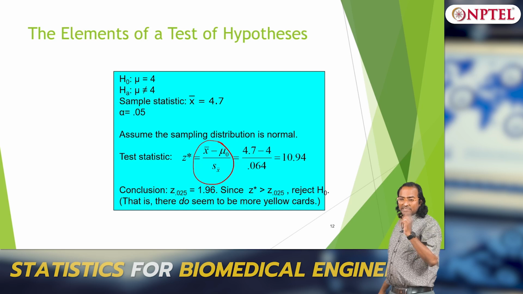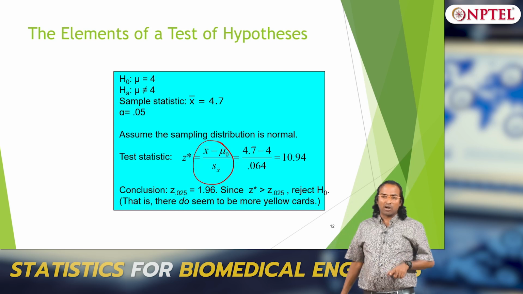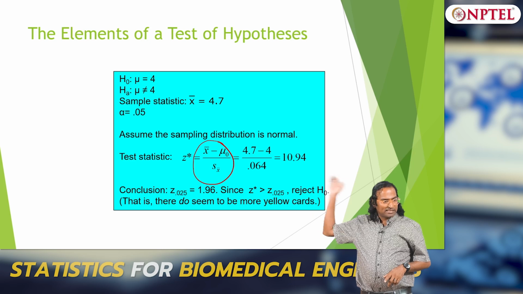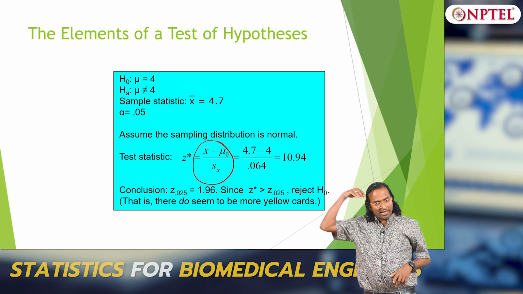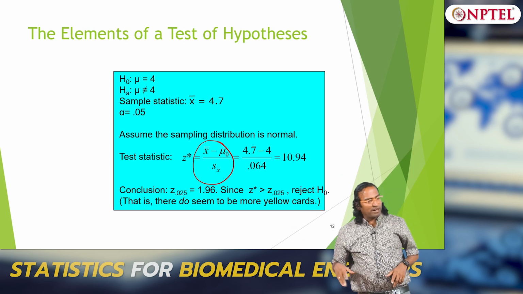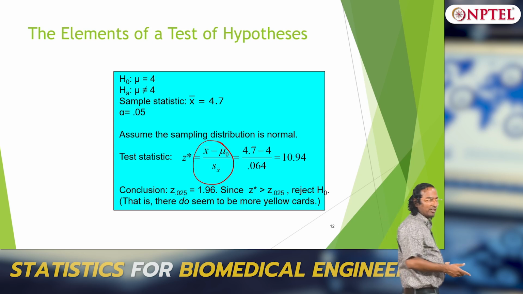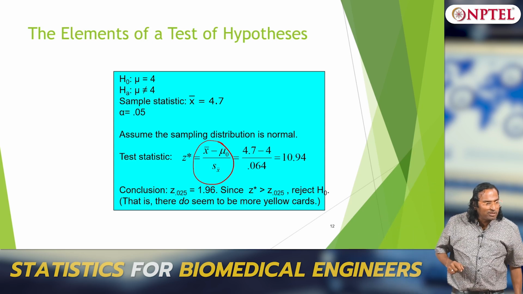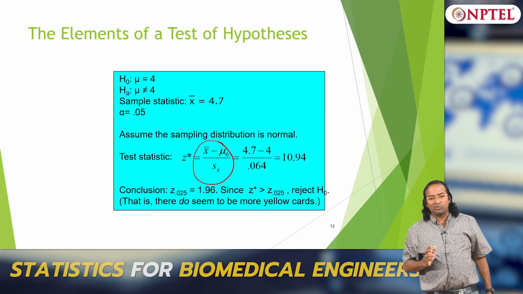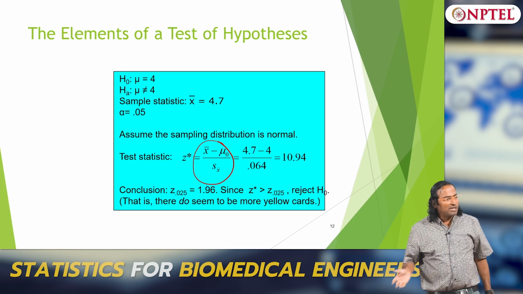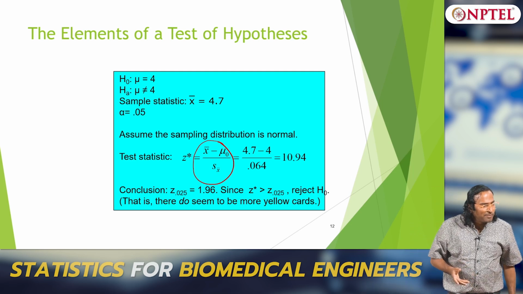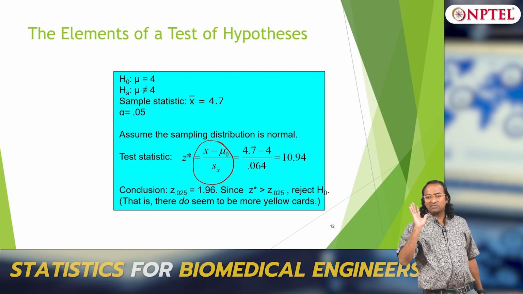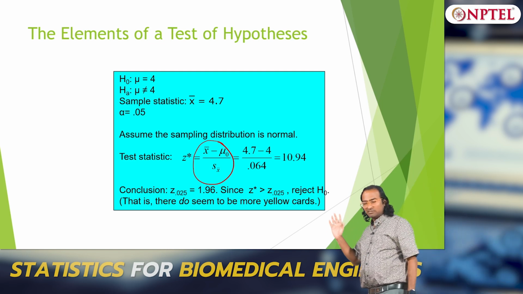We actually standardize x bar also. In this case mu naught is known to you, that is the given average, x bar is 4.7, and you divide it by the standard deviation of x bar, which is also given to you. So that becomes your z. This z has to be compared with your z alpha by 2 because it is a two sided hypothesis. If it is a one sided hypothesis, it will be compared with z alpha, that is all. Clear? Simple idea.